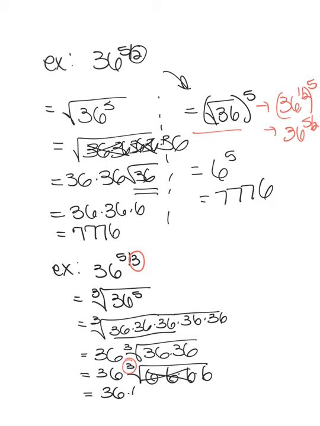This is going to be 36 times 6. And of course, I'm going to be left with that cube root of 6 in there. That can't be broken down into 3 of the same thing. You can break it down into 2 times 3, but that's not enough to take any out. So we're going to be stuck with what we see here, which is 36 times 6, or 216 cube root